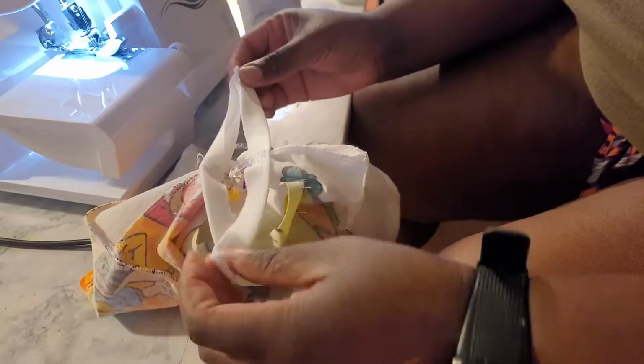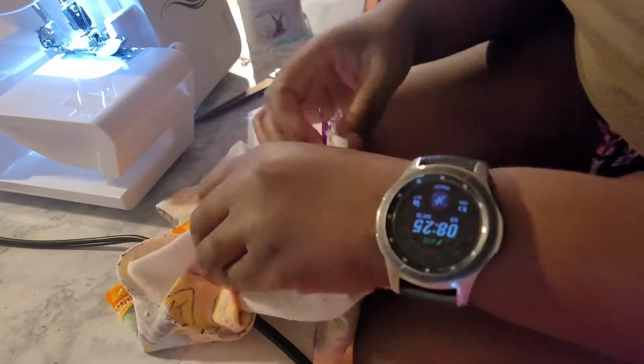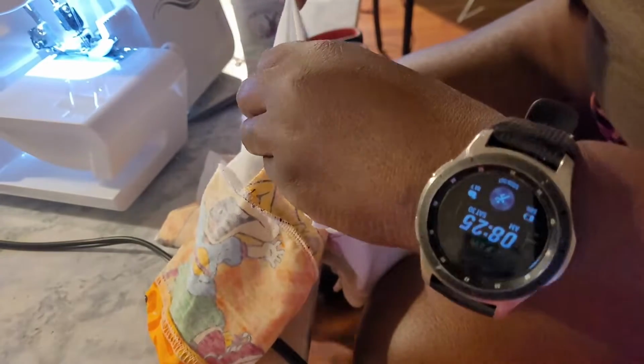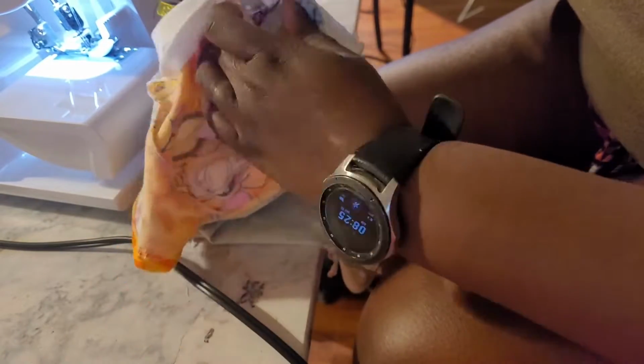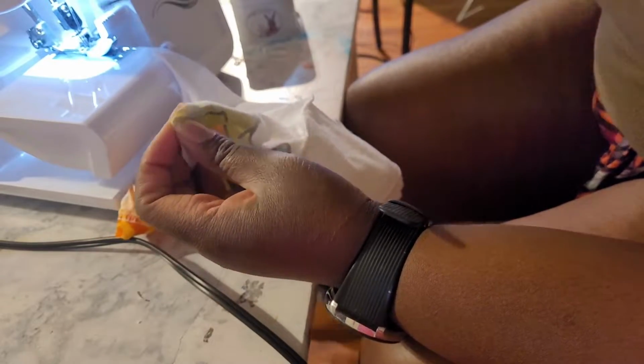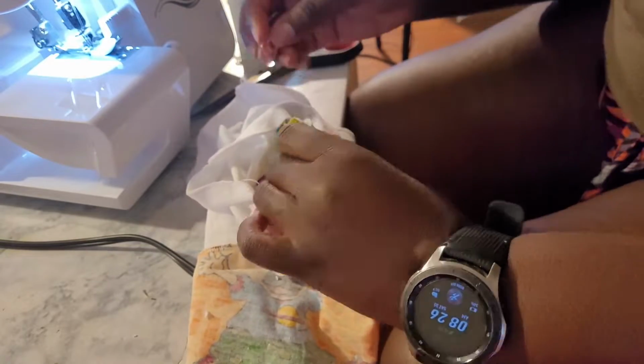Of course not the front, but what we do is fold it in half to get that second notch, and then you fold it the opposite way to get the other 2 notches. You want 4 notches total, so you can sew quarter by quarter to make sure everything is lining up. We just snip a tiny bit, so you can see a tiny upside down triangle in your shirt, so you know where to line up the other tiny upside down triangle to the second piece of the pattern